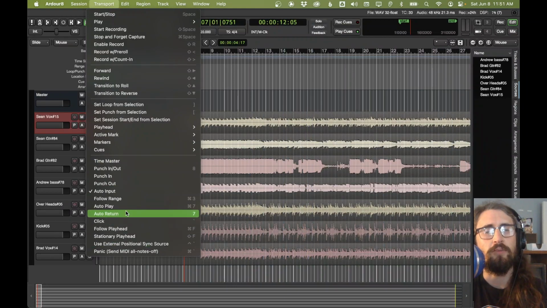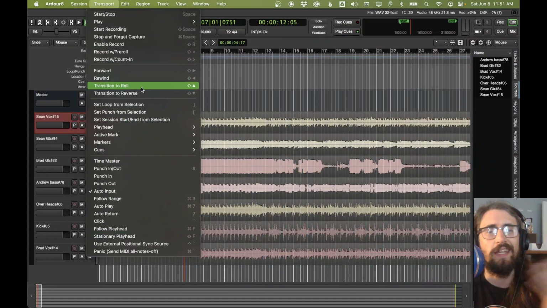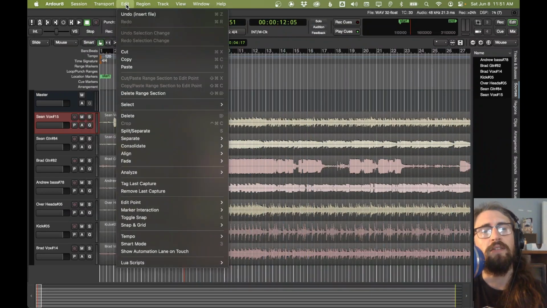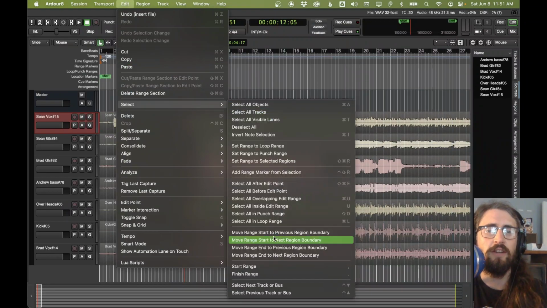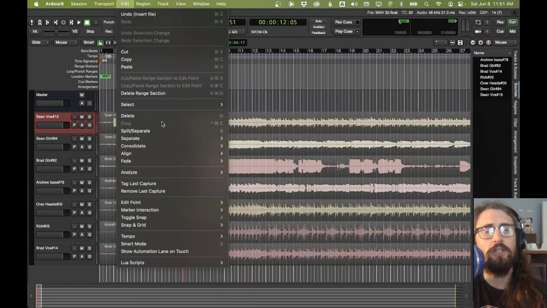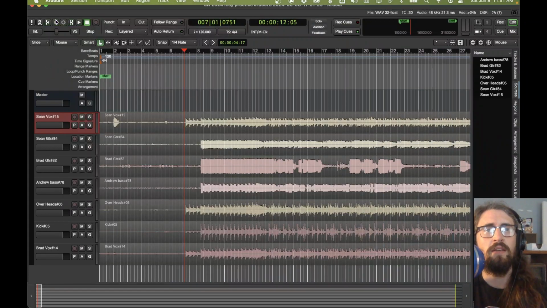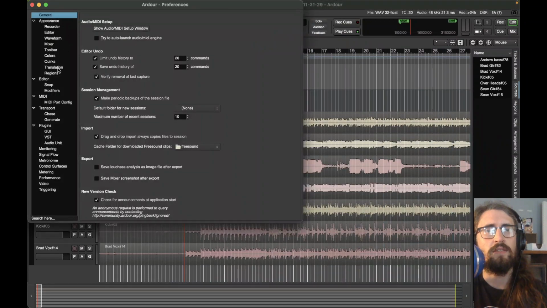I always like the auto return function. But I'd have to remember what stationary playhead means, for example. But that's like any software. You just have to learn, okay, what are all the quirks for it? And this one has particular quirks, sure. But yeah, you just have to figure that out. The edit window is pretty familiar. You've got your copy and paste. You've got way more select options than you could possibly think of. I should mention the key commands that are built in are like the Ardour key commands, but you can load up your preferences, and it's somewhere. I don't really remember, but